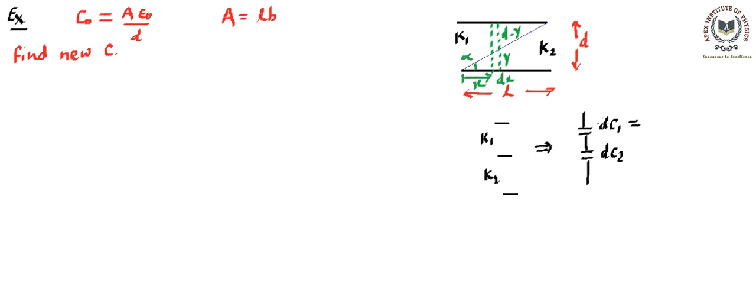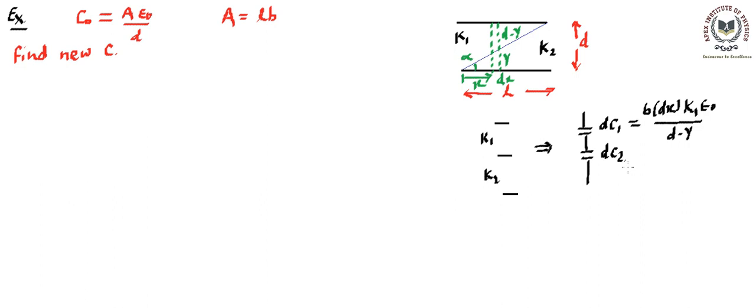Yes, we can find it out. We will say the area of this plate is going to be the perpendicular dimension into dx. So we will write it as b into dx, where dx is the differential x length. So that's the area, into the dielectric constant, which is K1, into epsilon naught, divided by the gap between these two plates in the K1 case. The K1 case gap is d minus y. So that's d minus y.